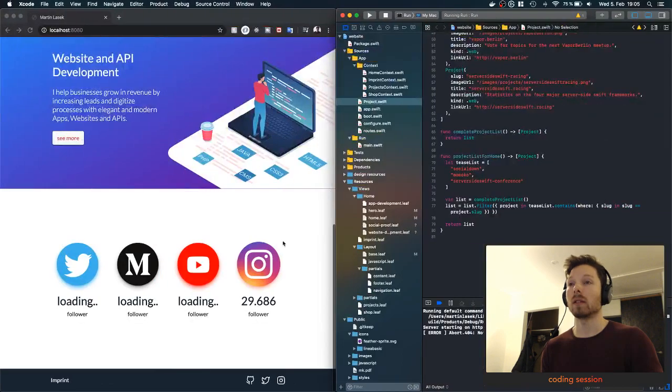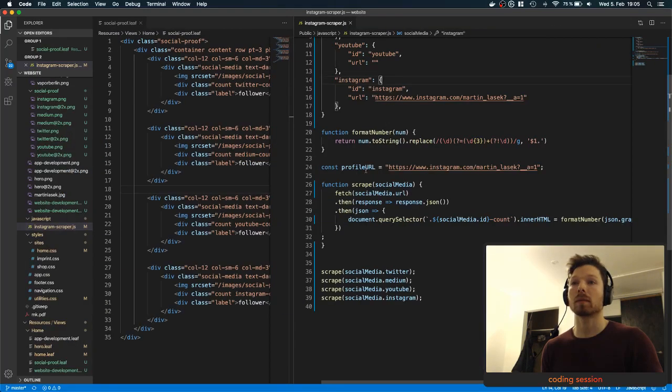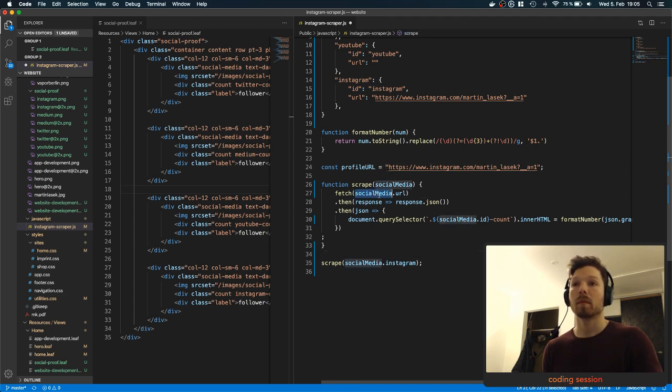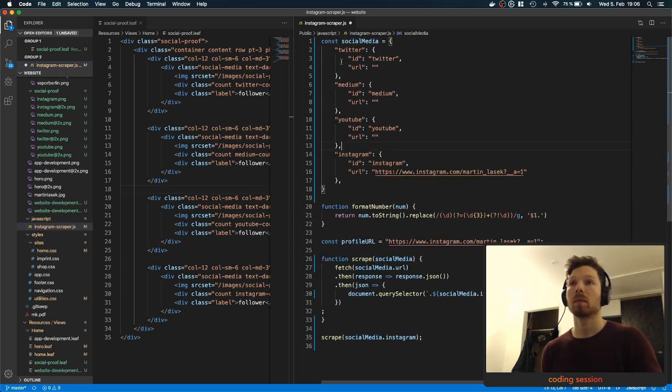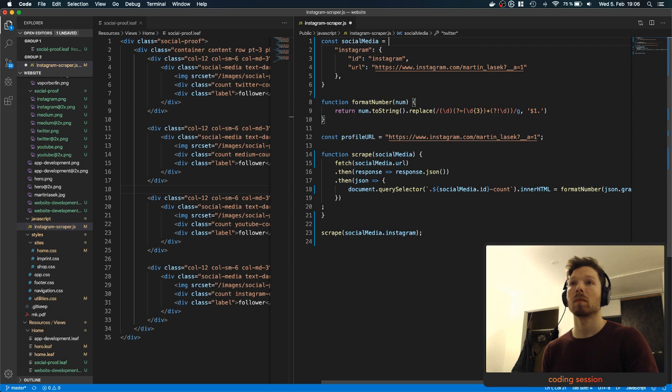Even for now, what we could do is, let's open VS Code 2. I mean, the Instagram thing works like so. Let's think, basically scrape works.